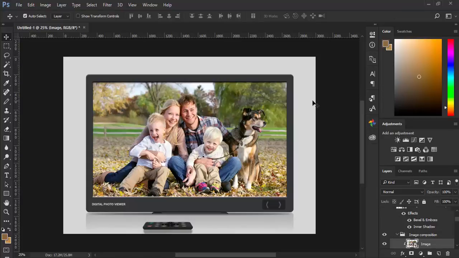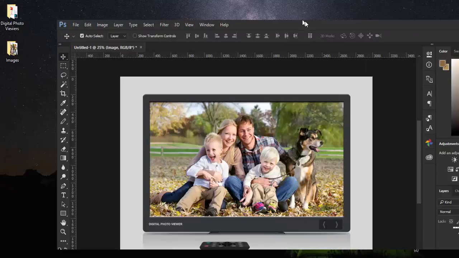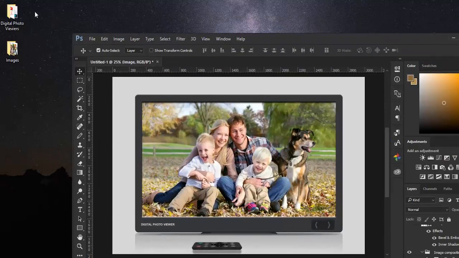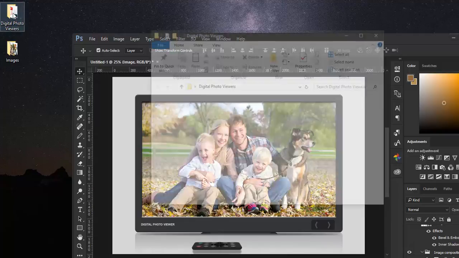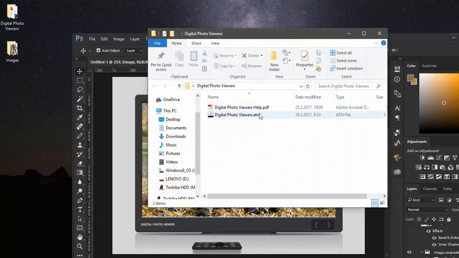Hi guys, in this tutorial I will explain to you how to use digital photo viewers Photoshop actions. And let's start with actual files. So you will receive digital photo viewers folder, and if you expand it there will be two files, ATN and